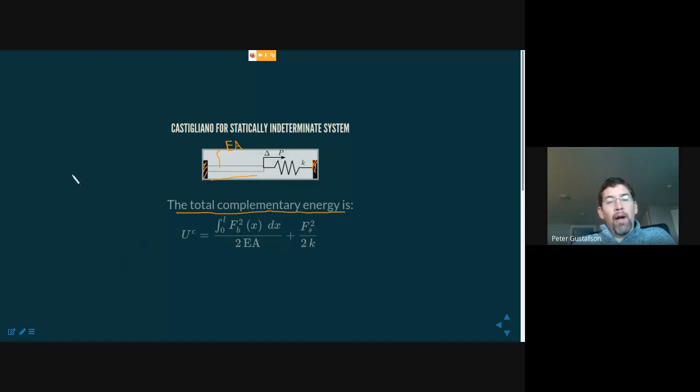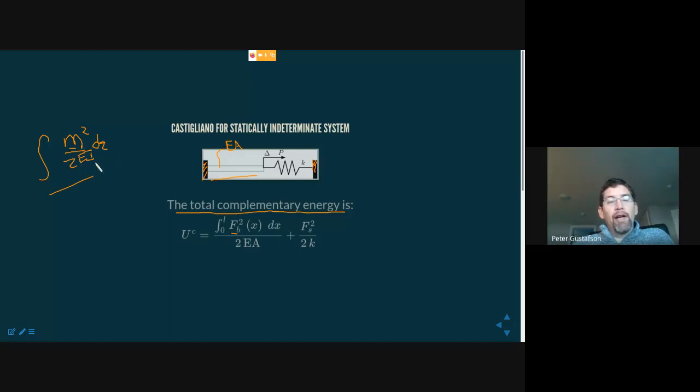Now, if you recall, I said to memorize an equation here. So that was the integral of M squared over 2EI. So this was the beam bending energy, complementary energy, not strain energy, but complementary energy, M squared over 2EI. That was for bending. There's an analogous complementary energy for an axial load carrying member, and it takes a very similar form. So you get a generalized force. In beam bending, it was M. In axial load, it's the force itself, force carried through the bar,